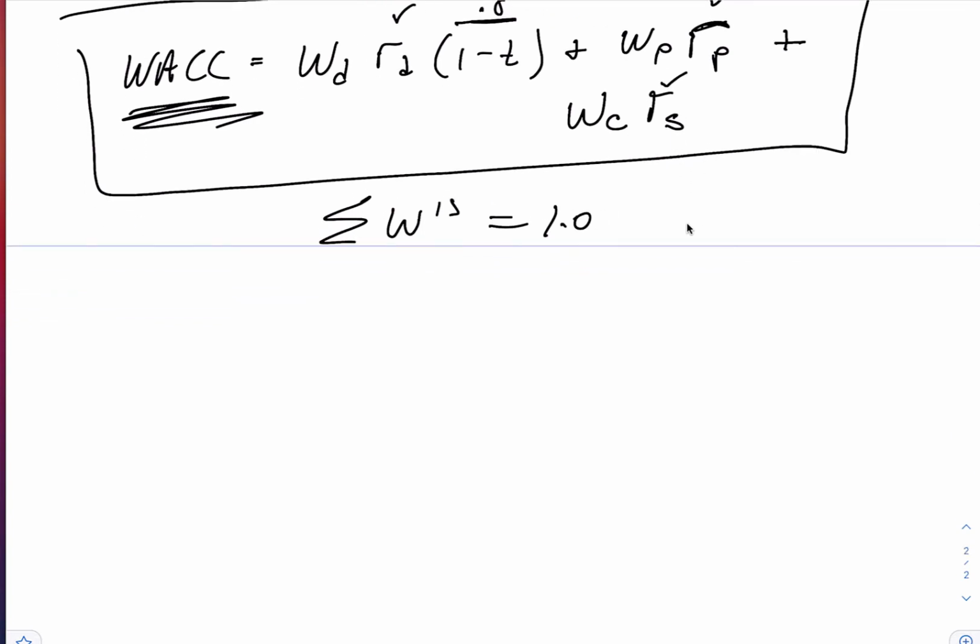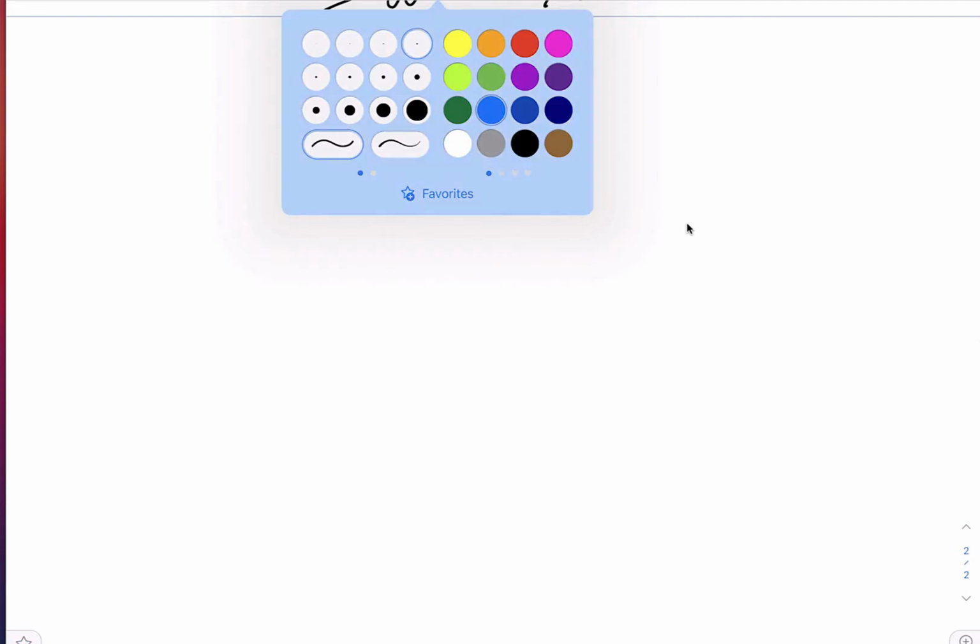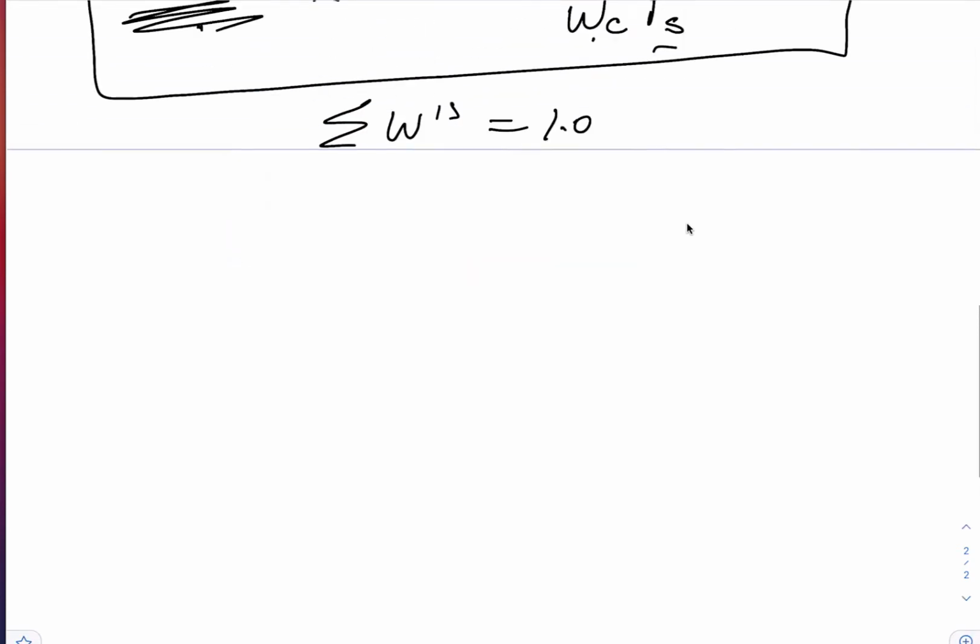And like I said, this weighted average cost of capital, because it's weights, there's the costs, will be used as a hurdle rate. A hurdle rate meaning you've got to make that rate or more to accept the project. And then this weighted average cost of capital will be used in a later video for discounting cash flows of a project. So we're going to have uses for this concept. So let me start with an example before I go any further. And it's a rather detailed example because it'll cover this entire formula.